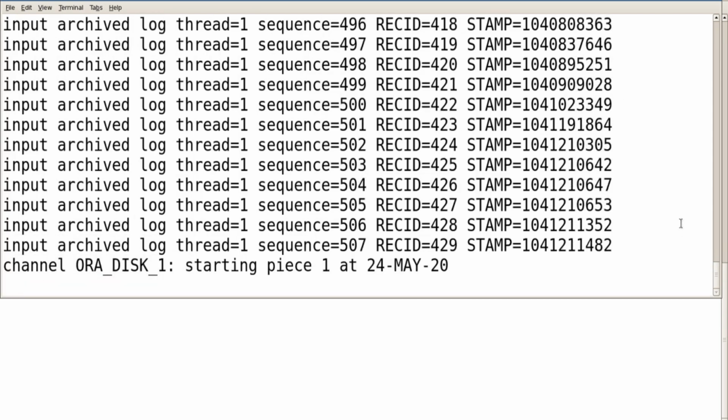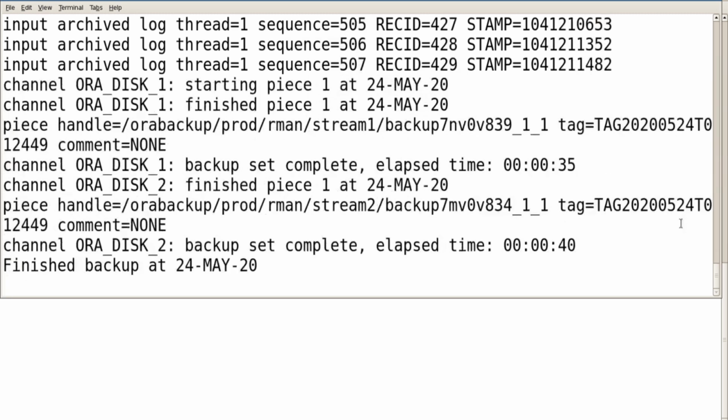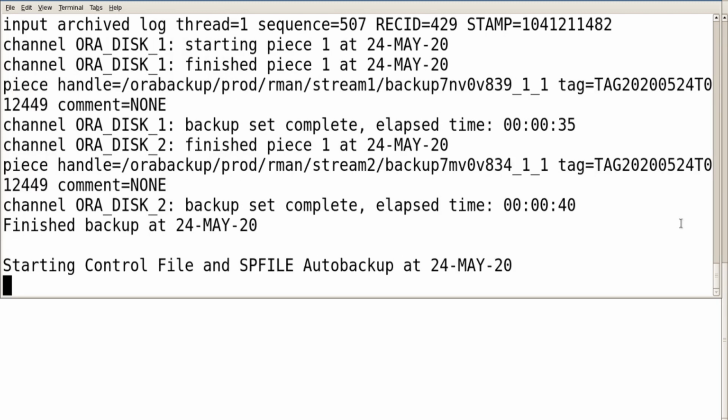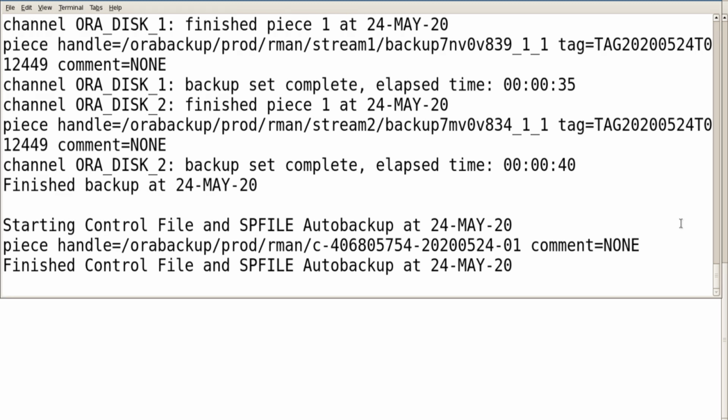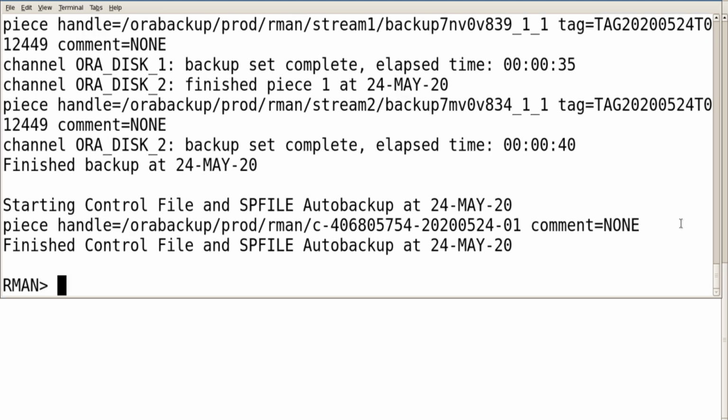So once we had a backup, we'll run the backup again and see whether it will back up those files which exist physically, or will it skip. The first backup was completed, and let's have a second one.